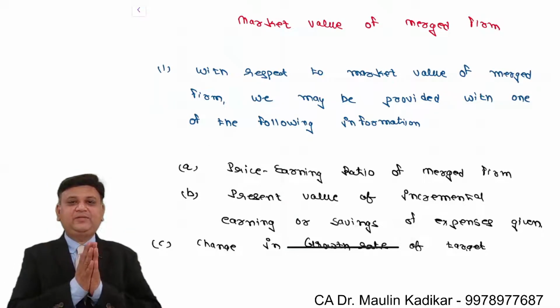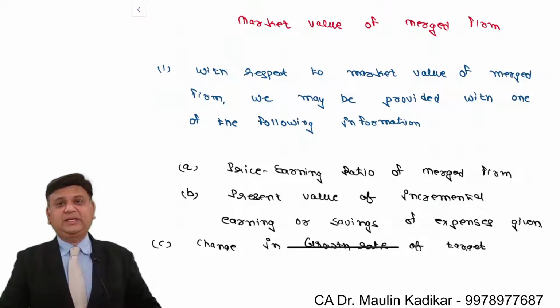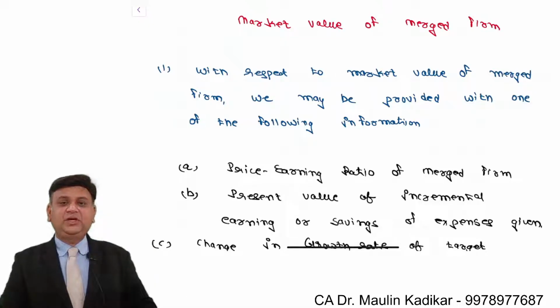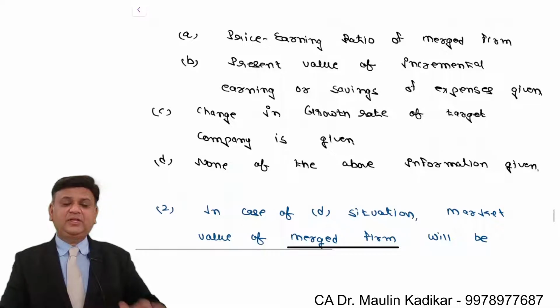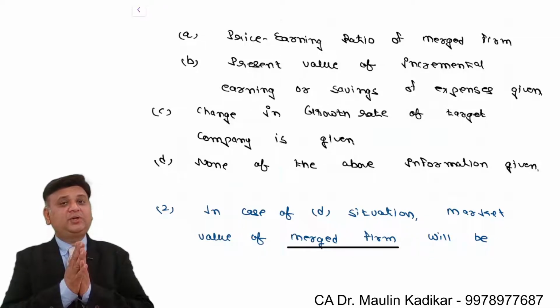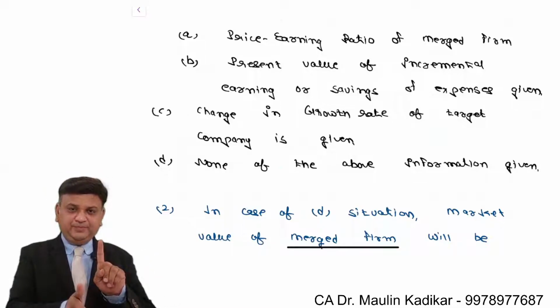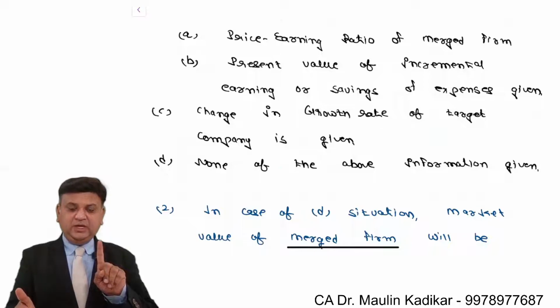So let us have the summary of the entire answer. This is a new kind of question in which we are required to calculate the market value of the merged firm. Initially we have a discussion that there are four methods by which we can compute the market value of the merged firm. The first is we may be provided with the price earning ratio of the merged firm. So what kind of information is given to us, that is what you will importantly need to see. If the price earning ratio of the merged firm is given, then first of all we calculate the EPS of the merged firm. Then EPS of the merged firm into price earning ratio of the merged firm will give the MPS of the merged firm. MPS of the merged firm into number of shares of the merged firm will give the market value